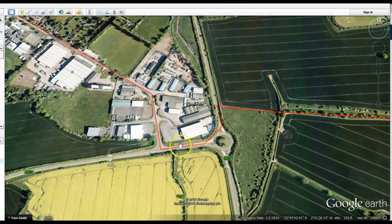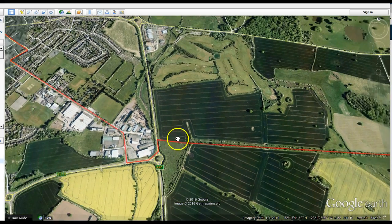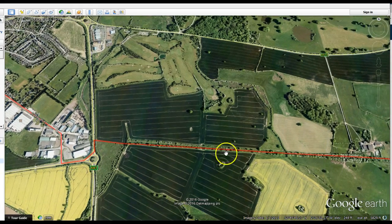150 metres, turn left. Please stay on the grass verge here, and then you're going to turn left for 80 metres or 100 metres or something like that on the A41. This road is very, very busy pretty much at all times of day, so please cross this with care. Stay tight into the verge before joining the cycle path, which, as you can see, very roughly follows this line